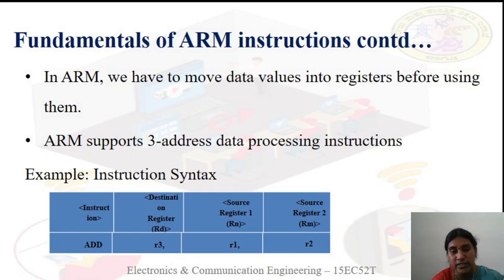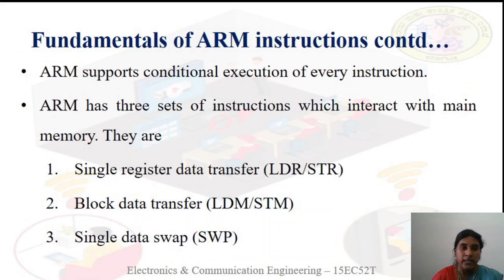The contents of register R1 and R2 will be added and the result you get will be saved in the destination register RD, that is R3. This is the 3 address data processing instruction that our ARM supports. Okay. Next we will see